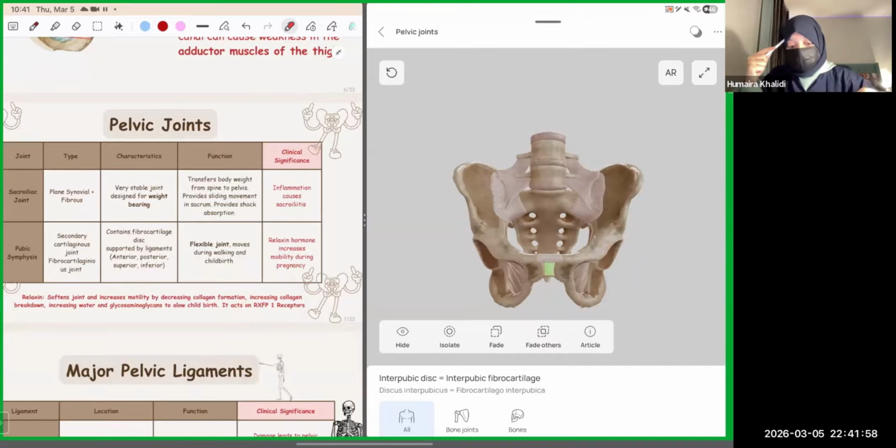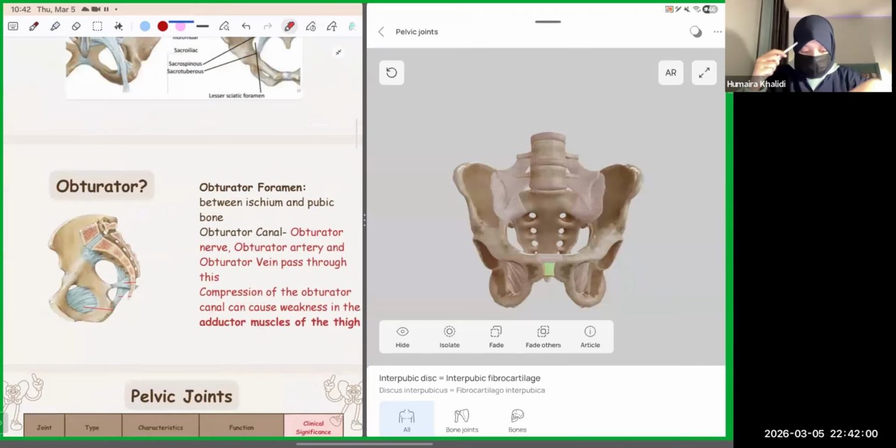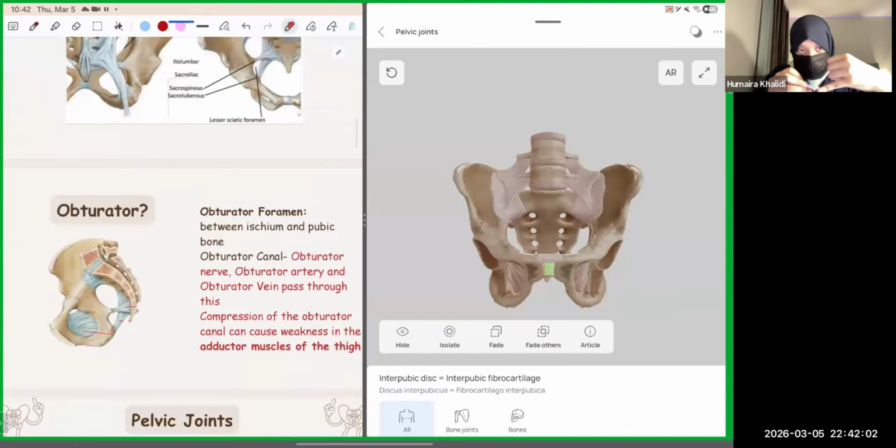And one important thing that I forgot to mention up over here is the obturator canal, which was the small one, through which the obturator artery, vein, and nerve pass. If, God forbid, you have damage or an accident and you end up compressing the obturator canal, what's going to happen? Your obturator nerve is going to get compressed. If your obturator nerve gets compressed, the muscles which it supplies, which are the adductor muscles of the thighs,